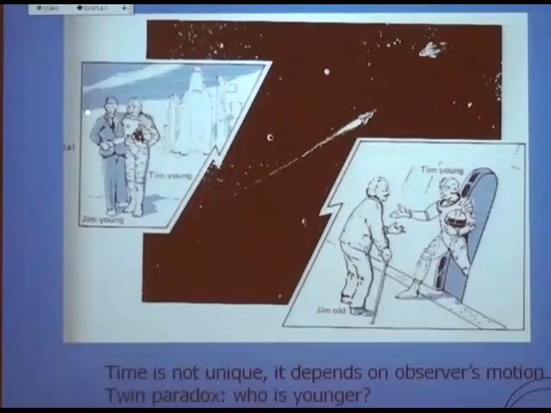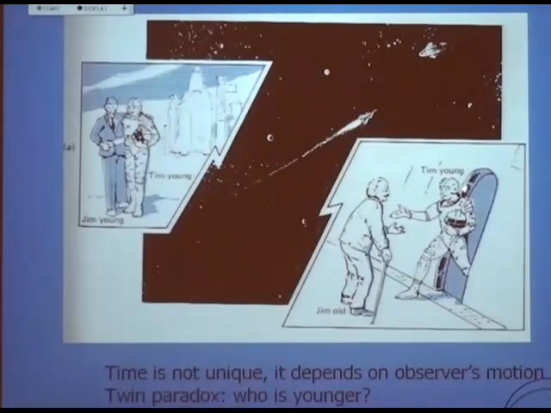And he comes out of the spaceship, and he shakes the hand of Jim. And this is what Jim looks like. Jim looked like this before, and now he looks old. 50 years have passed. But for this fellow, only 5 years have passed. Okay? So this is not a paradox. This is real. This is what can happen. Now, what's the paradox is the following.